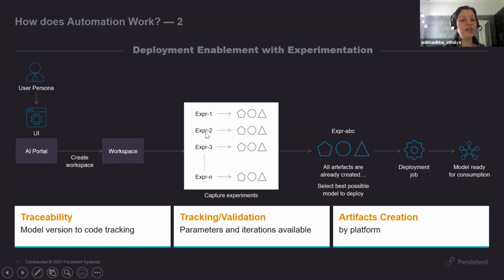And when you go into the details of this experiment, you are able to capture all the parameters, right from the input data that was used, the validation sets that were used, the evaluation criteria that was used, to the hyperparameters that were used to train. And finally, automated artifact creation by the platform, which of course results in accelerated deployment, instead of us manually going and creating each of the artifacts for the models.